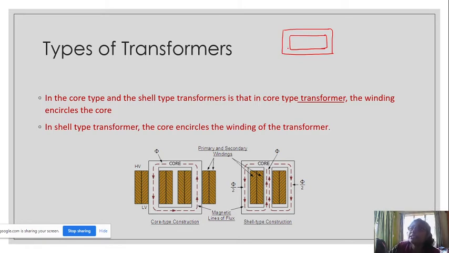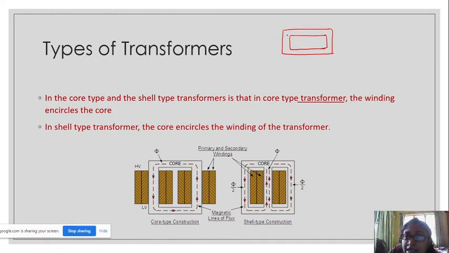You know, flux cannot move easily in air. The permeability is very low. Naturally, if the flux is in air, the amount of flux will not be large. But if it is a permeable material, the amount of flux is more, the flux density is more. So we need a higher flux density material. So the core of the transformer is generally like that.